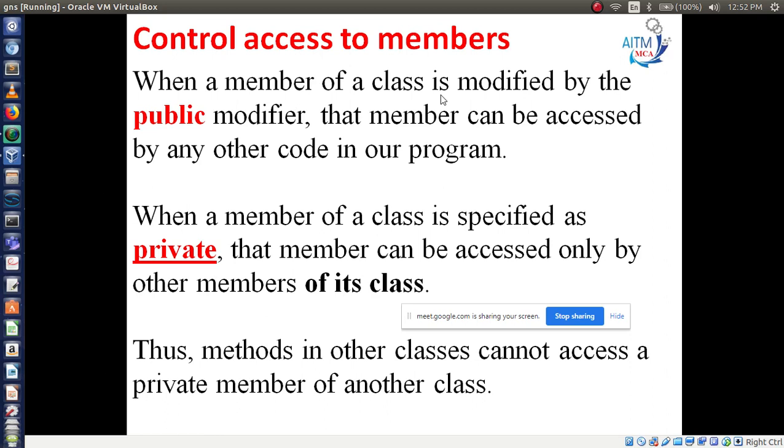If you define it as private, then that member can be accessed only by other members of its class. Private means within that class only you have rights to access those variables, right? Public means you can access those variables throughout your program, right? And these are the public and private modifiers.